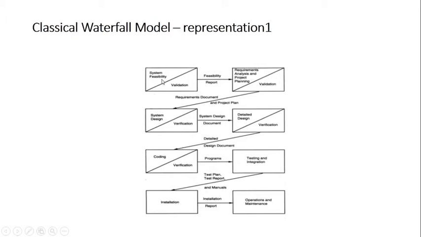Now I'm not going into details of these phases. We did in the last lecture what we mean by feasibility study. We check whether it is implementable or not. Roughly I'm telling you in a single word. Requirement analysis and specification is where we collect the requirements, analyze them and prepare the document. Along with this we have project planning, which is a part of SPM, software project management. It is an umbrella activity of the SDLC overall. System designing is identifying the overall architecture of your system, identifying the modules and all. Detail designing is, for each component you have identified, you prepare the detailed diagram.